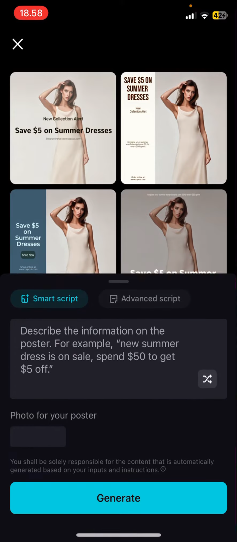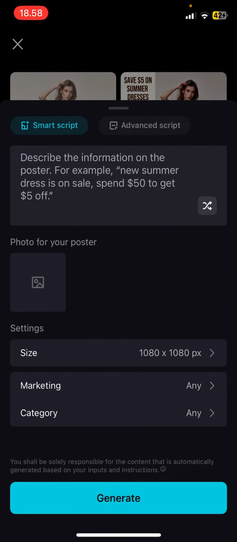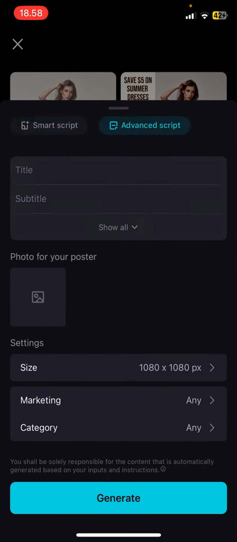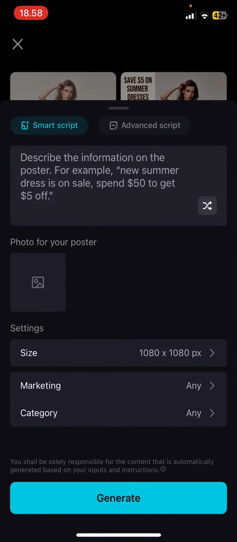Then you're going to scroll this up. You're going to add in a smart script. You can also add in an advanced script here. I'm just going to select smart script. I'm just going to type